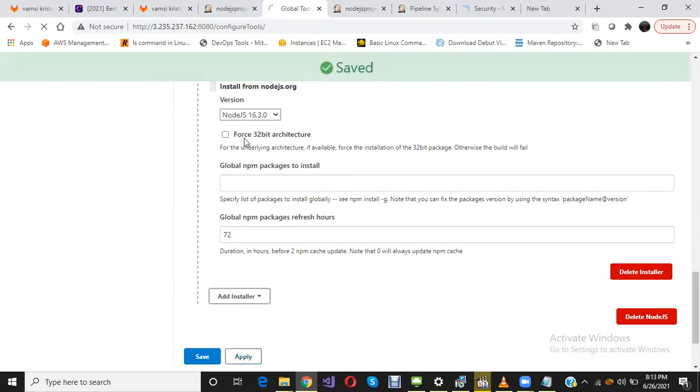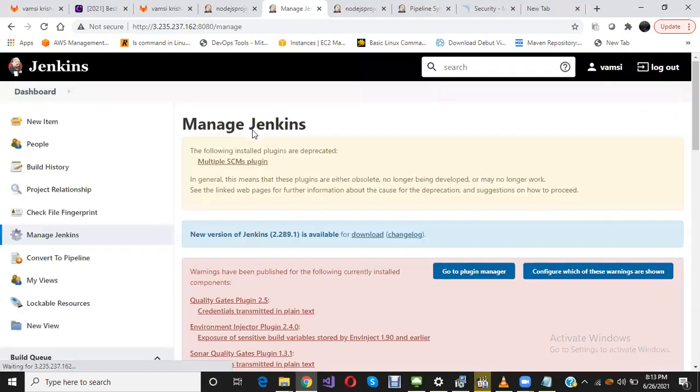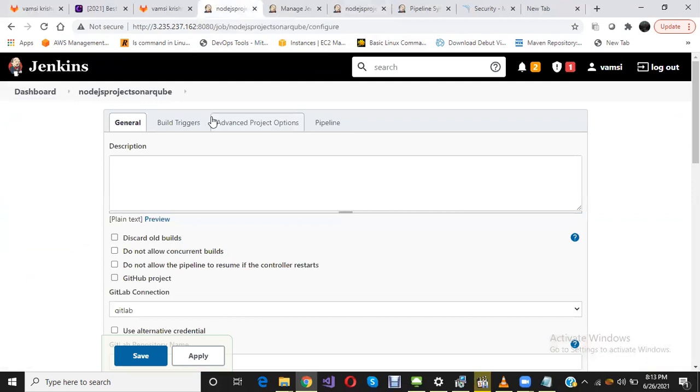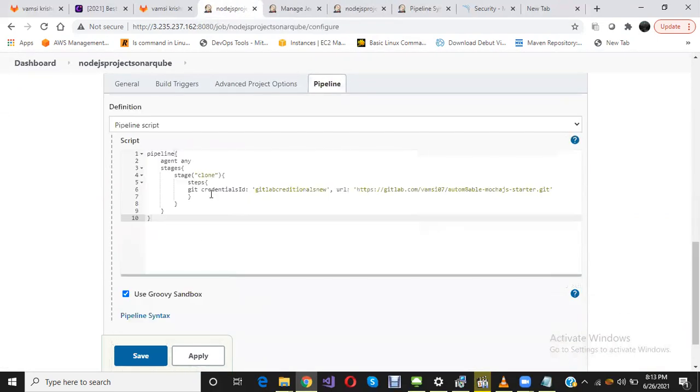Now I have installed Node.js through global tool configuration. Now I need to use it in the pipeline script. How to use that? Let's say the next stage is stage SonarQube analysis.